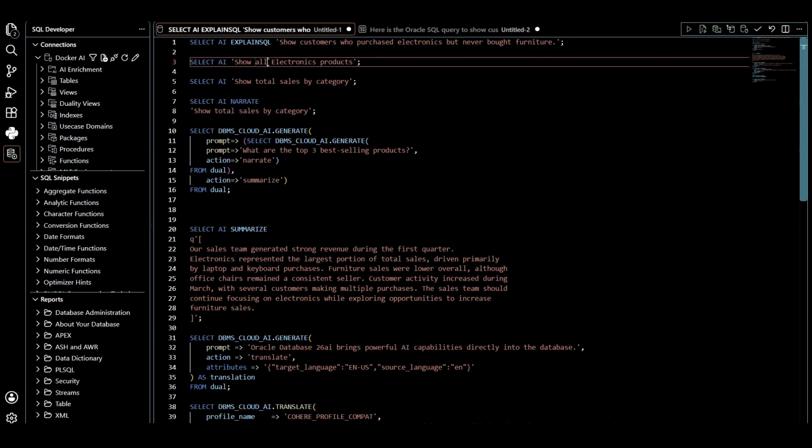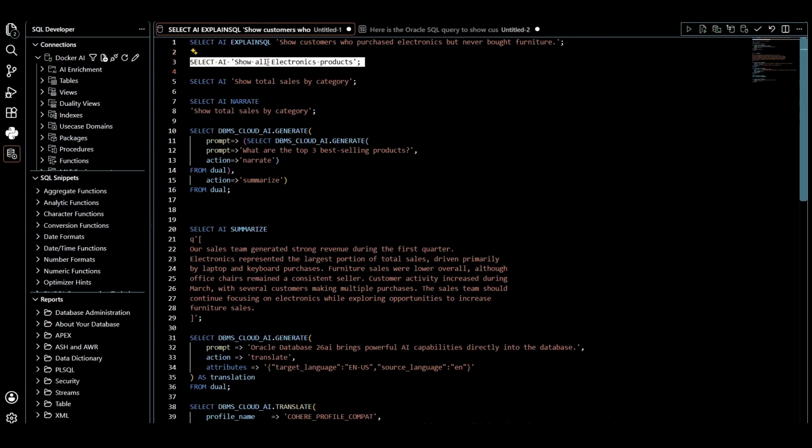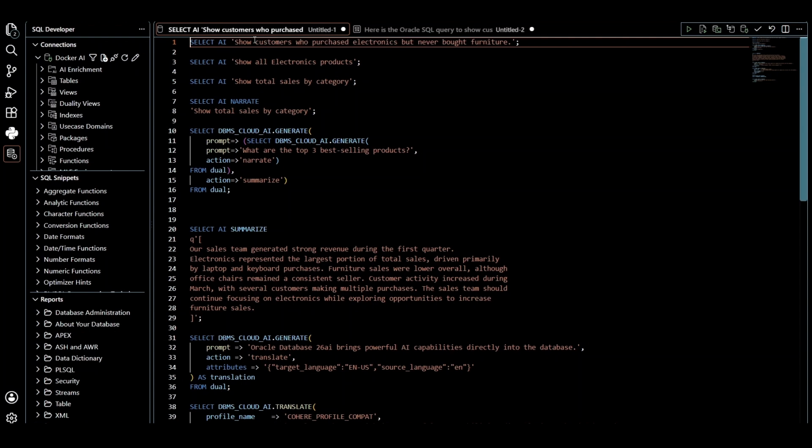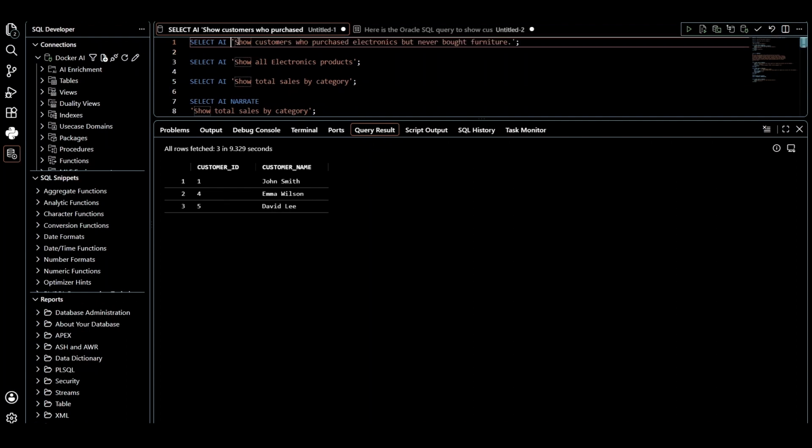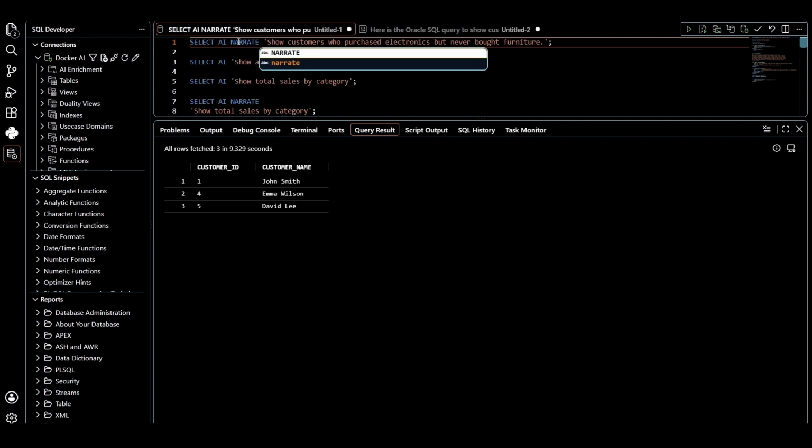So first let's see this particular part. If I just run select AI and provide a particular natural language query, it would actually run the SQL, perform the run SQL action, and show the actual results here. Yes, I'm able to see that the customers who purchased electronics but never bought furniture are John Smith, Emma Wilson, and David Lee. Now, if I have the action stated as narrate, and I execute